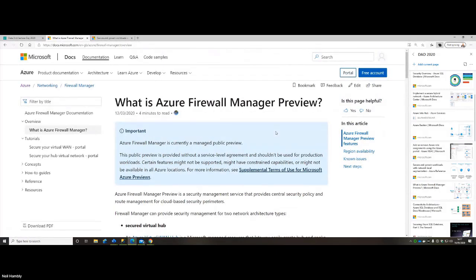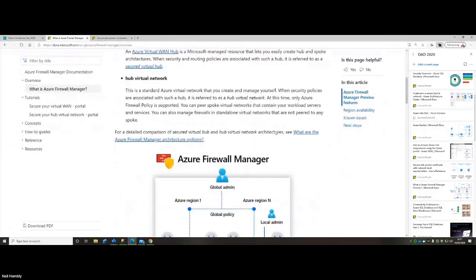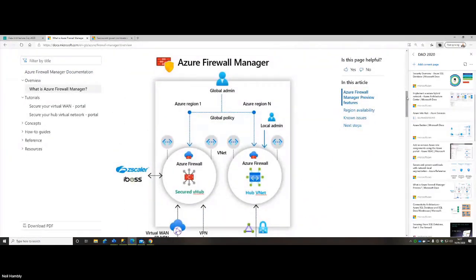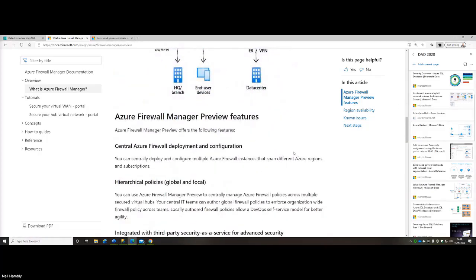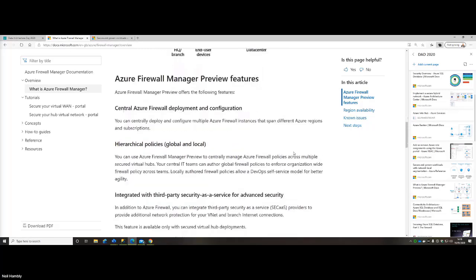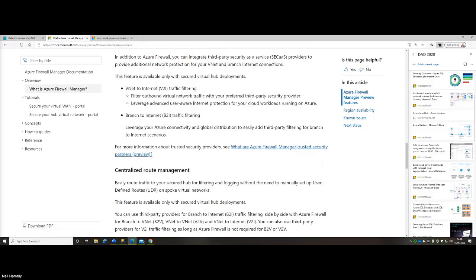also, by the way, I just remembered there was a new preview that's come out recently around the Azure Firewall. Let me show you the screen a little bit here. If you've got multiple VNets, you may have a global admin or somebody administrating those different regions, and you want to control that a little bit better. This preview service at the moment, Firewall Manager, is going to help you with that. We won't go into details, but especially if you have multiple regions, this might be a useful hierarchical policy approach, and also for VNet to internet traffic filtering and other scenarios.